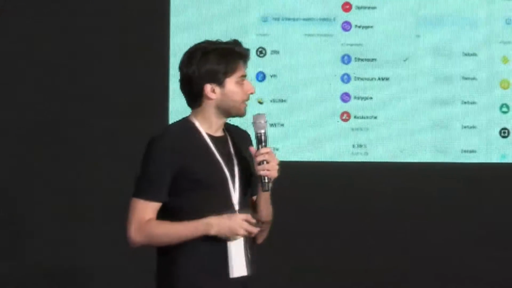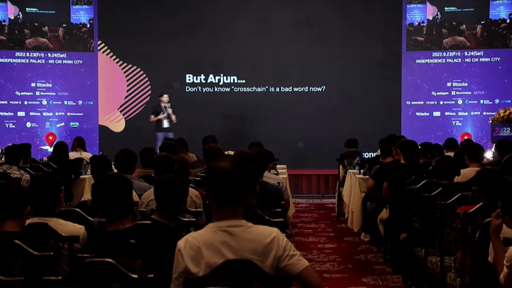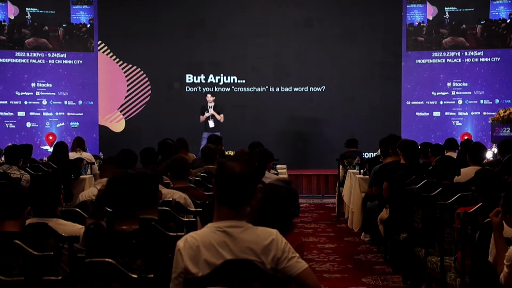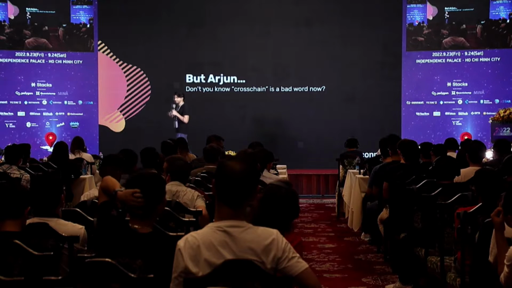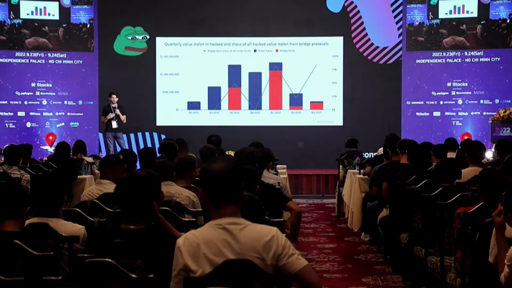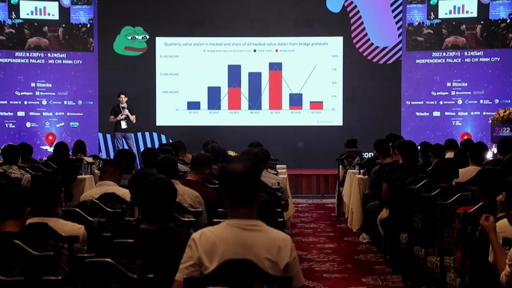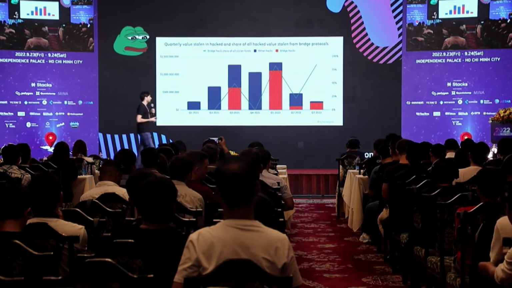So I've been talking a lot about cross-chain. And I think that makes people a little bit nervous because cross-chain is a bad word. And there's a good reason for why cross-chain is a bad word. In the past year, we've lost about $2 billion to hacks in bridges. It's a very, very large amount of money. It's no secret that the bridge ecosystem and bridges' reputation is actually in a very, very bad place. And there's a really, really good reason for it. So do we even need bridges in the first place? Why do they actually exist?